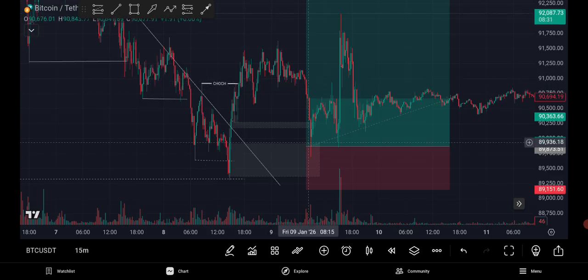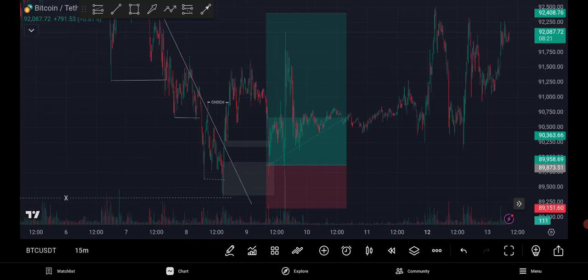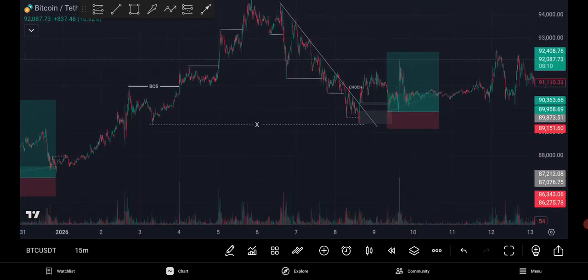Price came, bounced off this order block, there's another break of structure, price came, and this is where my take profit hit, and I made 1 to 3 RR,